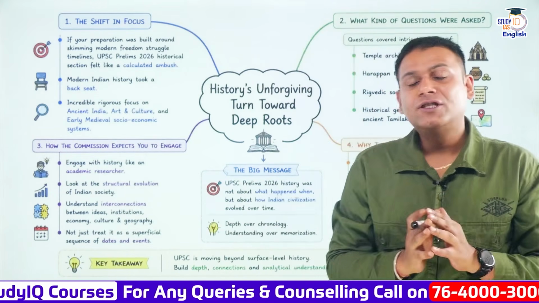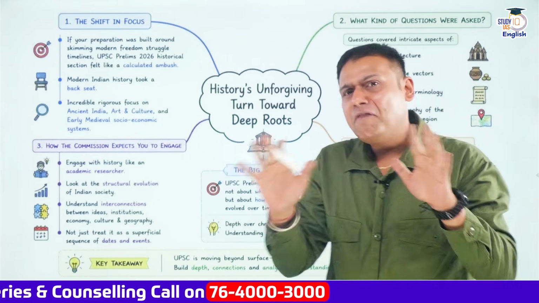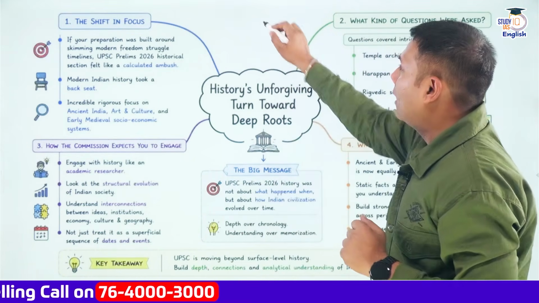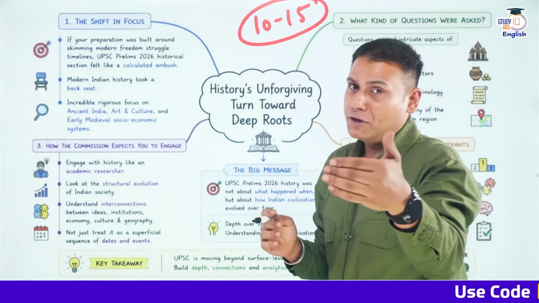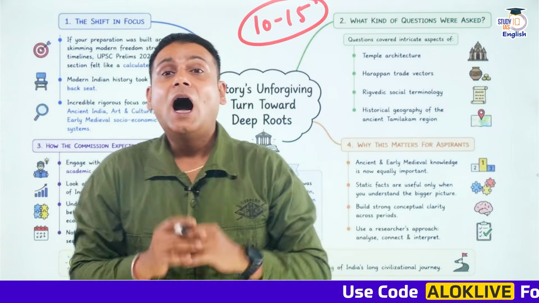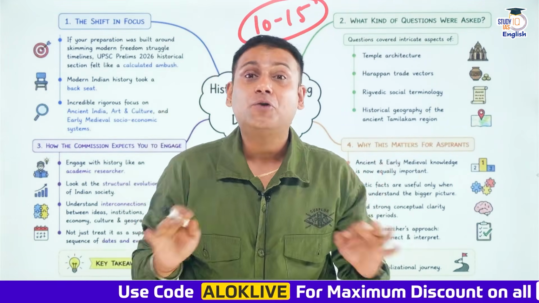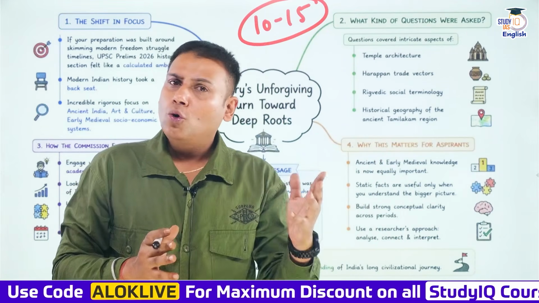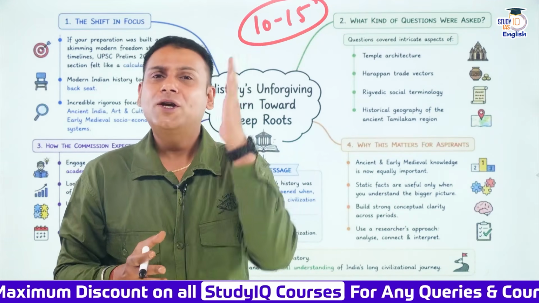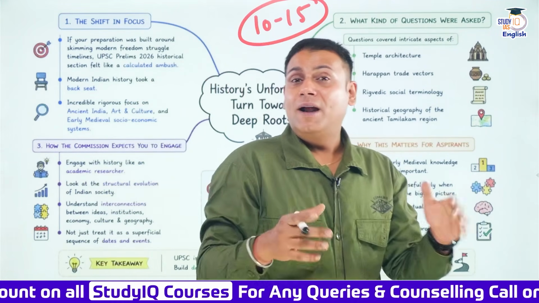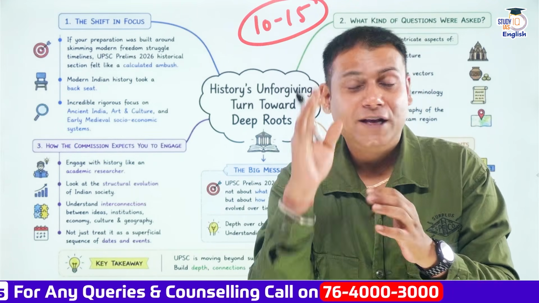Now out of 9 questions, the maximum number of questions were related to modern Indian history. So in general, suppose there are 10 to 15 questions in history from the perspective of the prelims examination. Out of those, you can get at least 11 questions related to modern Indian history, 2 or 3 questions related to ancient Indian history, 1 related to art and culture, and 1 question related to medieval Indian history. And that too, these kinds of questions were terminology based.